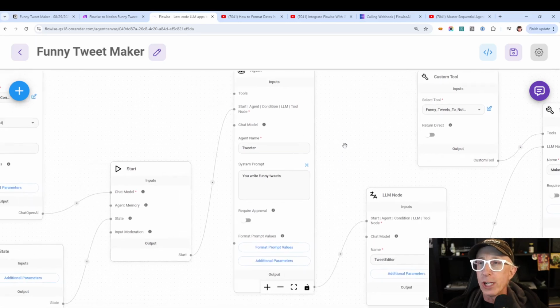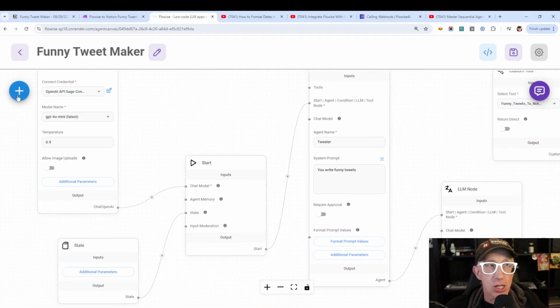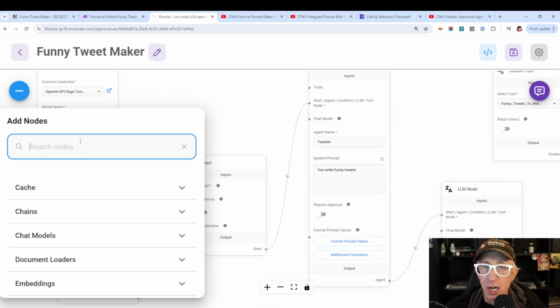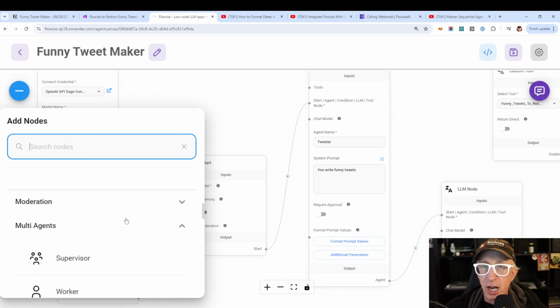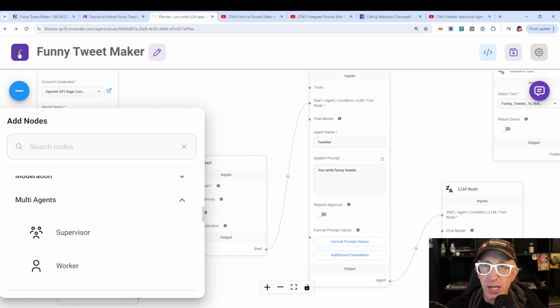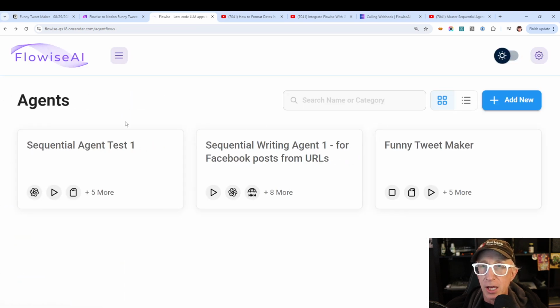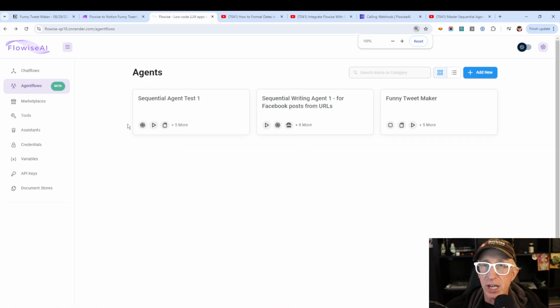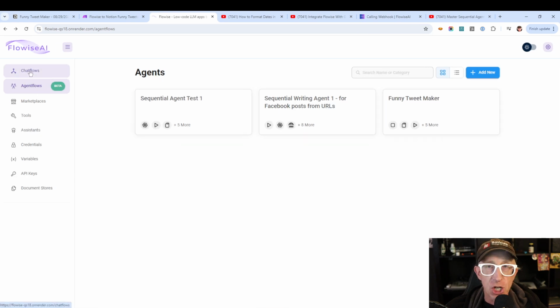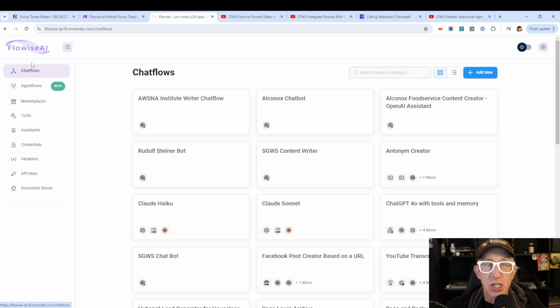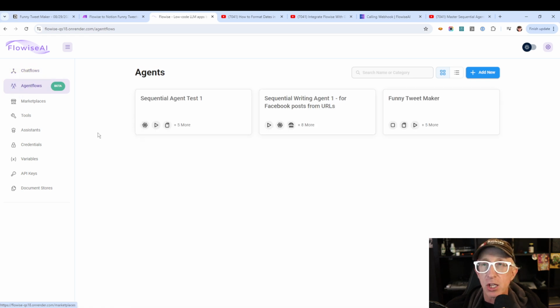So what you need to know is that you find these under nodes, and you come down here. Well, first of all, you got to know that you're in the agent flow section of Flowise. This is the chat flow section. You are going to be in agent flow. And you can create,